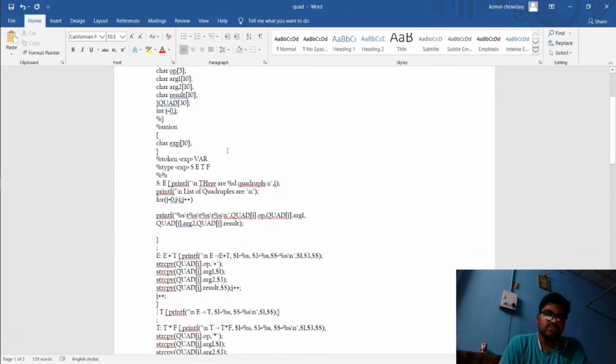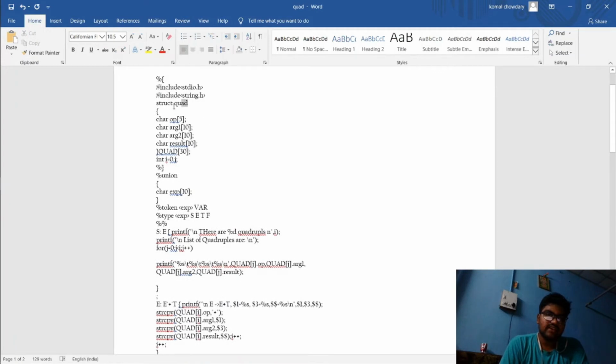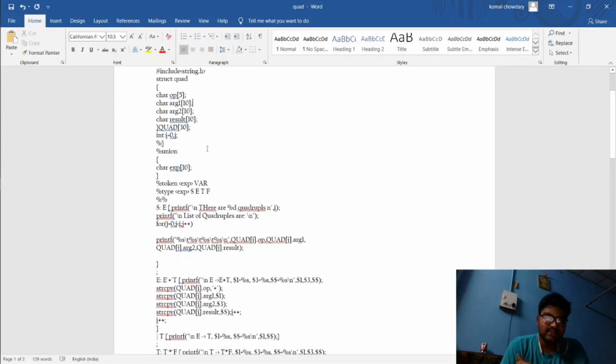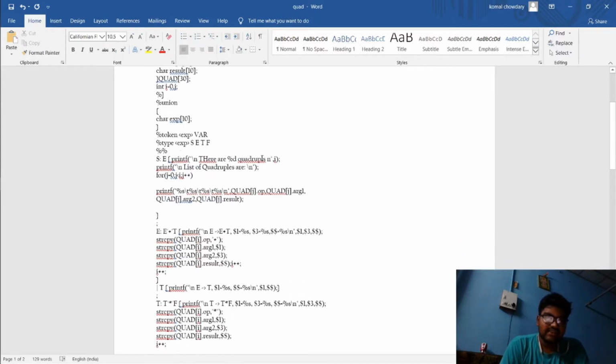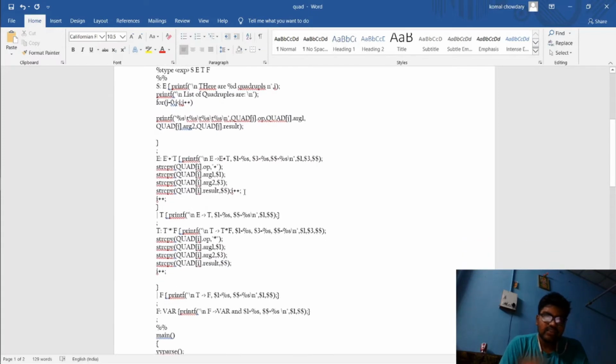So this is the code which we are using today. We have defined a structure called quad with operand 1, argument 2, and the result. As you can clearly see here, we are taking the input, and in this code we have two operators: the addition operator, plus, and the multiplication operator, star.